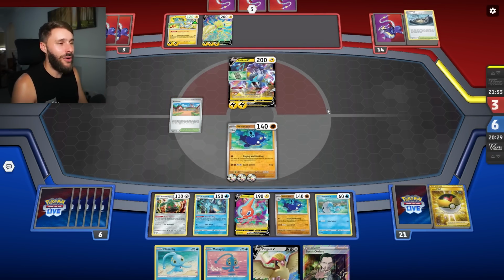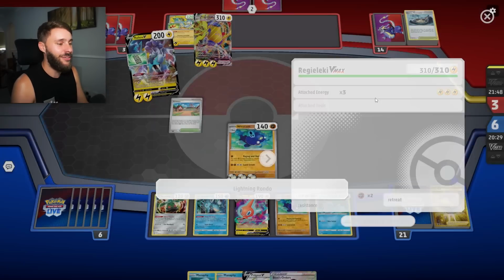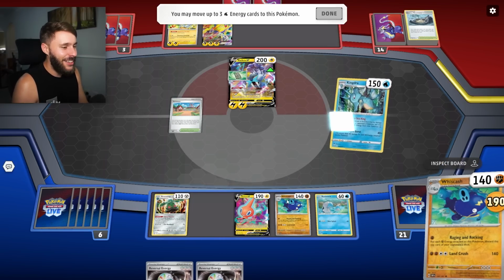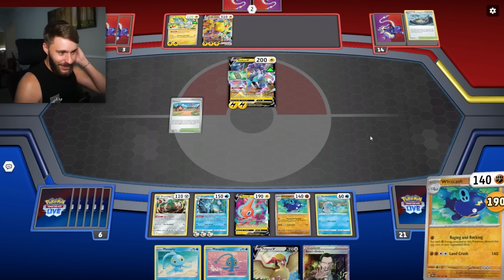There's an energy down on the Raikou V, and they're going to evolve it to Regieleki. I said Raikou V. Regieleki V to a Regieleki V Max. There's another lightning rondo. Now I'm a bit more concerned, right? Because we do need that other Whiscash here. So, you know, we might have to...